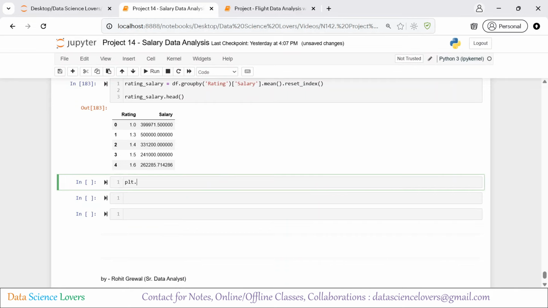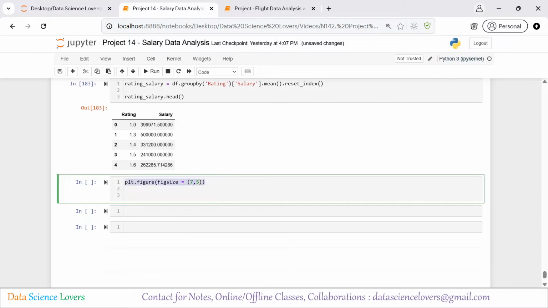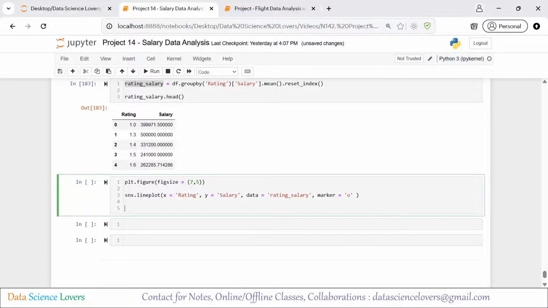First of all, we will set the size of the figure. The size of the figure is set to 7 by 5. Now using the Seaborn library, we will draw a line plot. On the x-axis, we will have the rating column. On the y-axis, we will have the salary column. And our data will be this data frame, so I can copy this and paste here directly. Next parameter, we can use marker. I will show you what this marker is, and at last plt dot